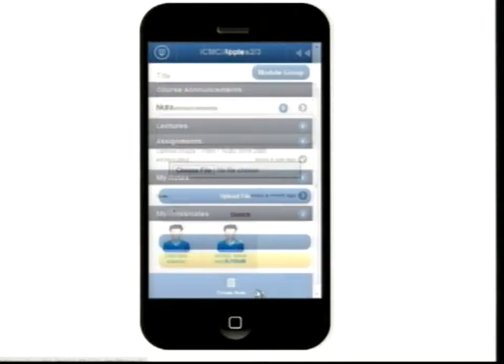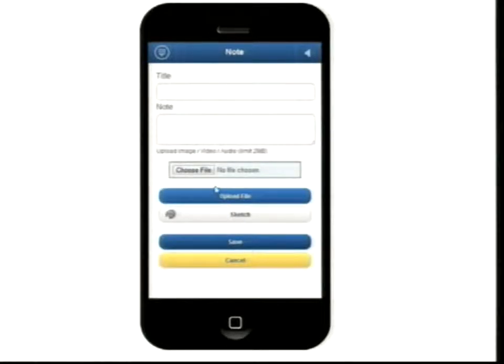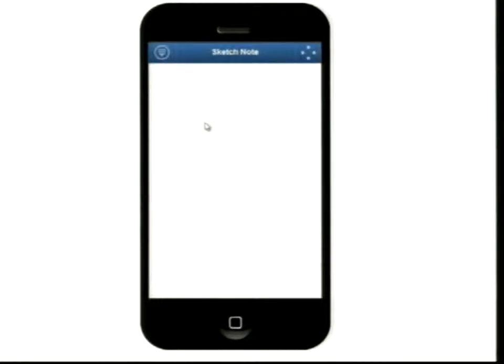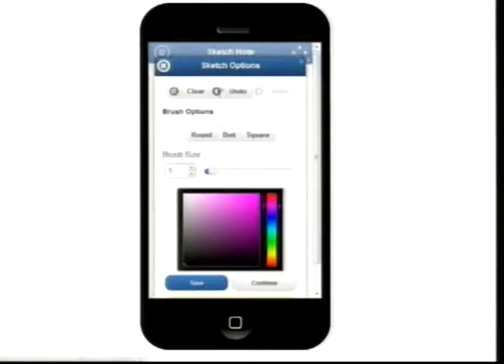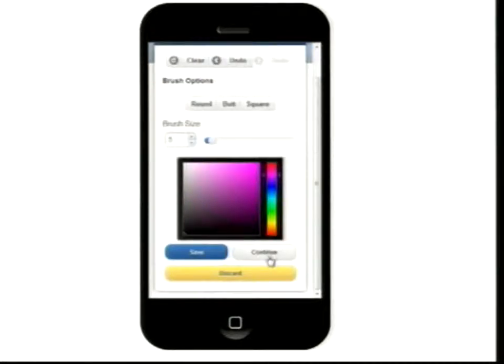An interesting feature is this create note feature. So I can choose to create a note. I can upload files as well as sketch. This is good for users who are using mobile, since they can easily jot down notes. For this web app version, I have only the sketch here, but on my phone, I can show you the other features such as video taking, camera taking, as well as audio notes. The sketch feature is a simple sketch application that we have incorporated, where they can draw whatever, and they have some basic options such as undo, redo, and so on.